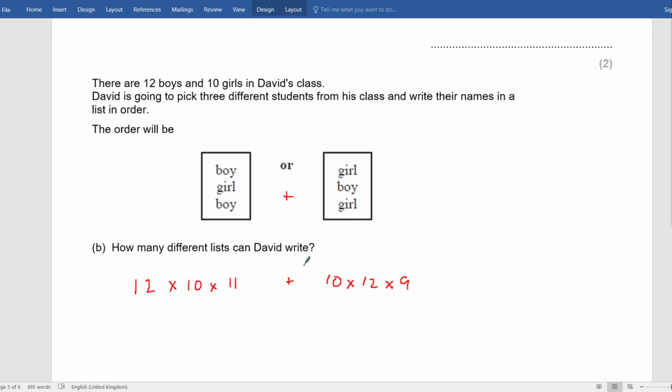Multiply them first. We got 1,320 ways of doing this option, and then 10 times 12 times 9, so 1,080 ways of selecting the second option. If we add those together, they will have 2,400 ways of selecting